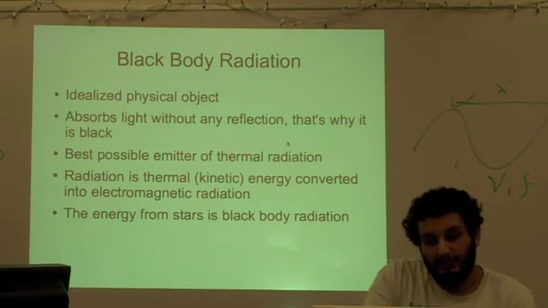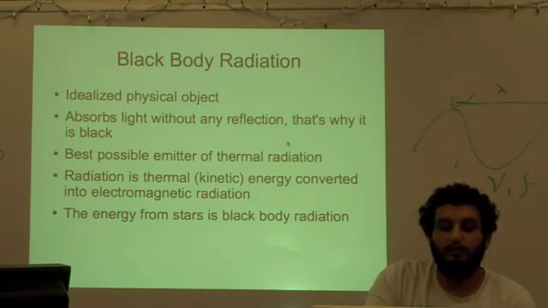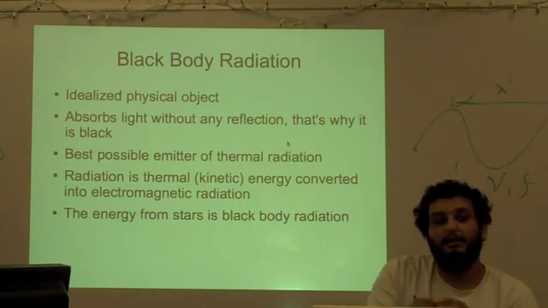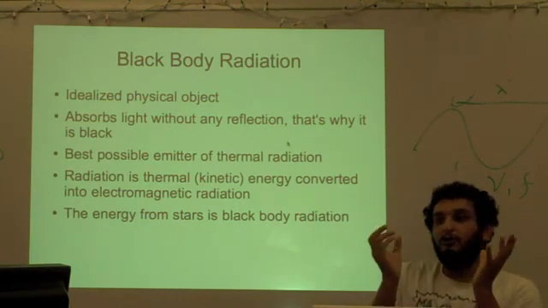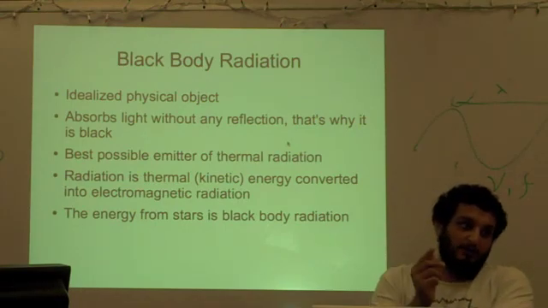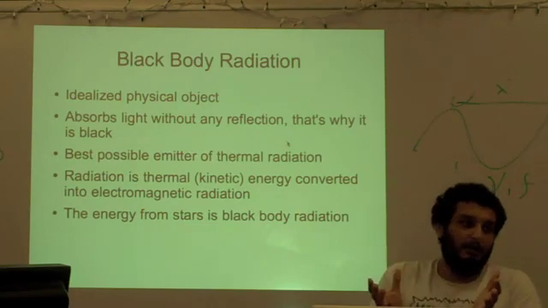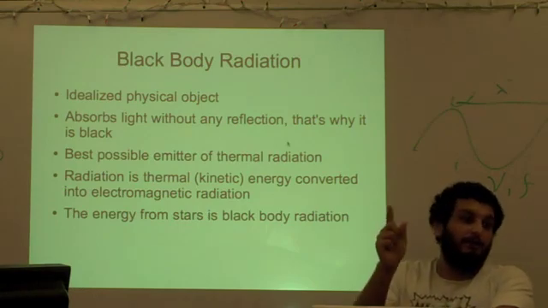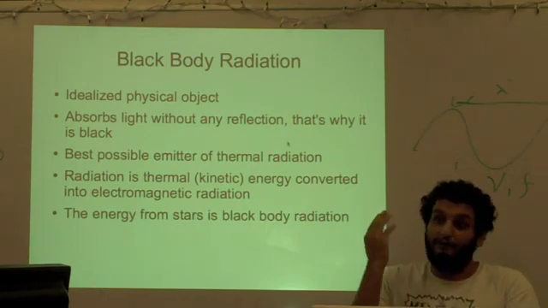So the radiation itself is thermal kinetic energy converted into electromagnetic radiation. So I assume you guys have started talking about in your physics class, or probably in chemistry, what temperature is, right? So why is something hotter than something else? Right, exactly. The individual particles, right? The temperature in this room. The reason it feels hot outside is the particles are moving faster outside because the temperature is higher. When those particles hit your arm, they leave a little bit of energy because they bounce off of your arm. The higher the temperature, the faster they move, the more